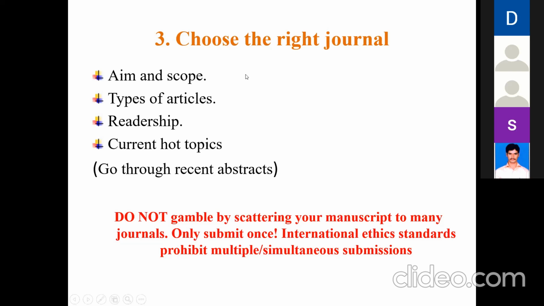Okay. So these are the four methods you have to use to choose the right journal. My humble request is do not gamble by scattering your manuscript to too many journals. That is unethical. Some people say our paper is suitable for 3 to 4 journals, so they submit to all 4 journals at a time and wait for the result. Once one journal gives a positive result, they withdraw from the other journals. It is not a good practice. It is not ethical also. So my humble request is don't gamble your manuscript by scattering it across journals, right? Don't do that. So many people are doing that.